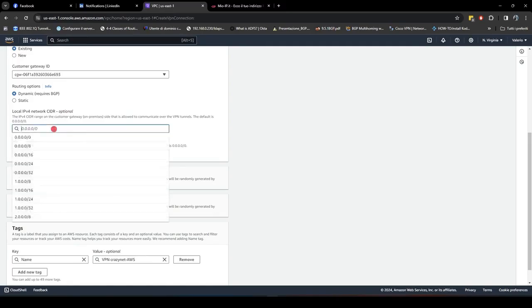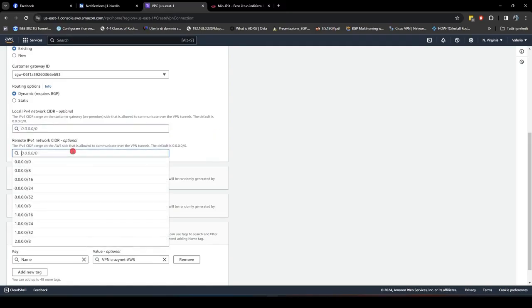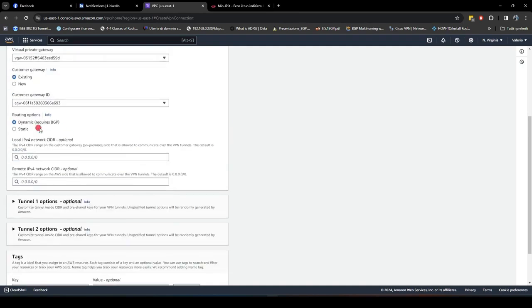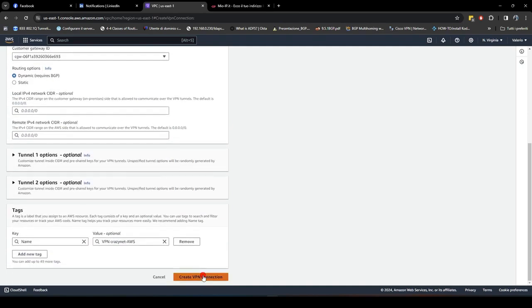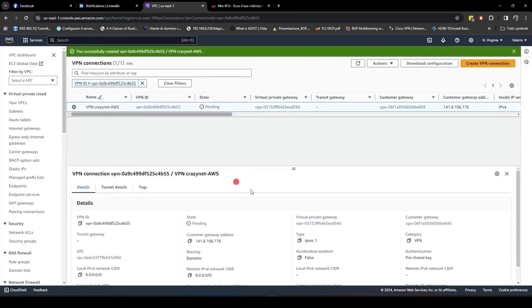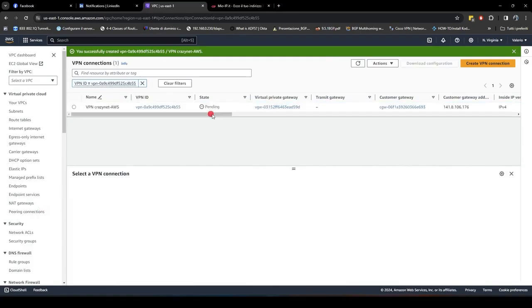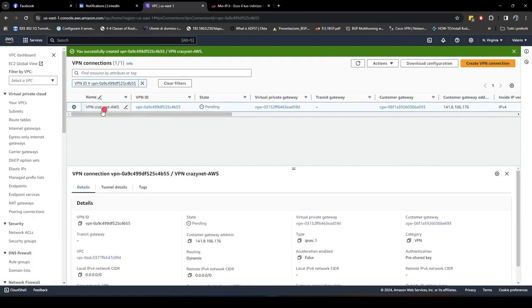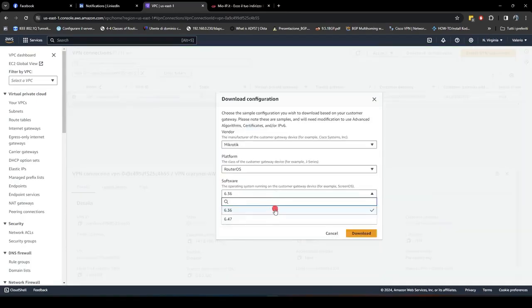Then the local IPv4 address is optional and the remote address is also optional. So if you want, you can certainly set them. You put your local network address and the address of the network you wish to share. Once that's done, with dynamic routing required, BGP, click on Create VPN Connection, and again, it will take a little while, but please don't worry. While it's attaching and creating all the necessary configuration, we click on our site-to-site VPN, go here,